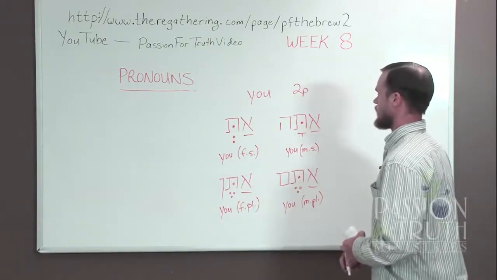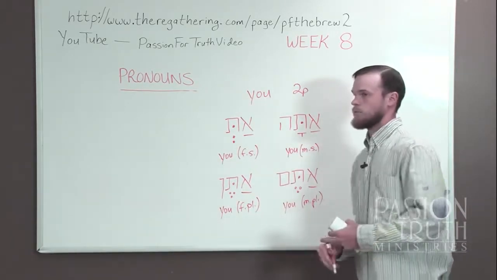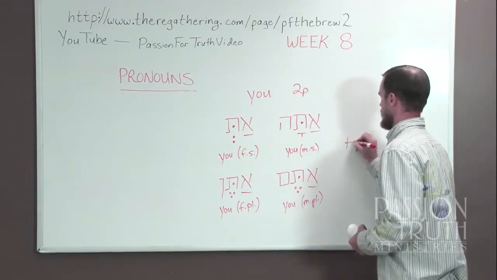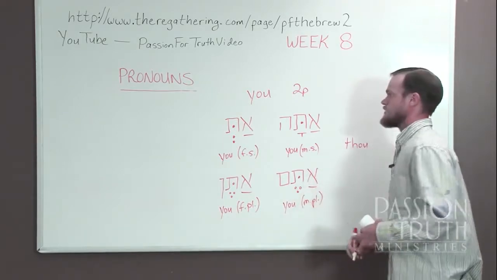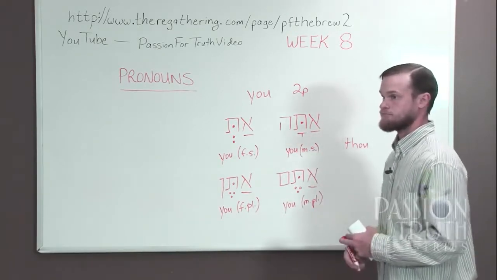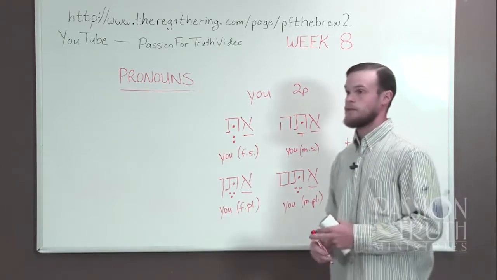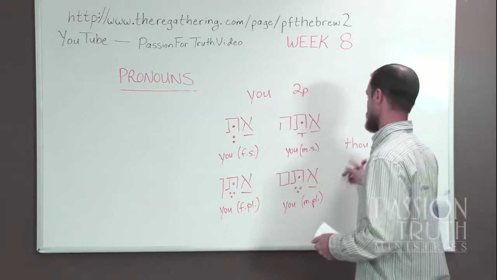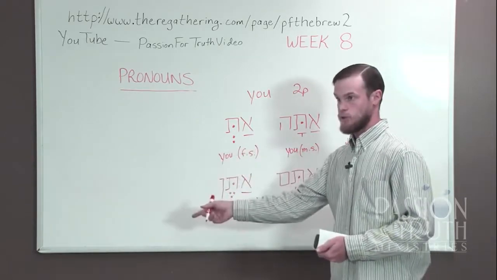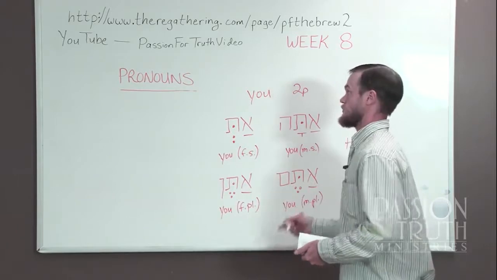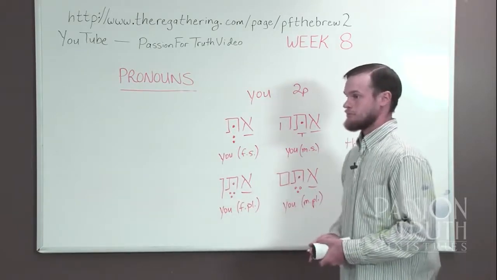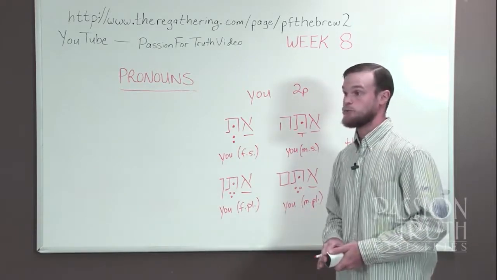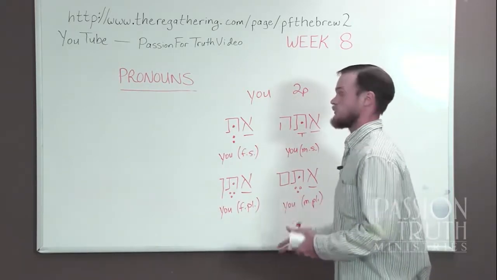There was a time, though, that we would have differentiated between the singular and plural. That's in the older English days when thou was the form of the singular second person. So in the King James, that's why the King James has thou and you. Thou isn't just an older form of you, it actually specifically means you singular. That's why God's always referred to as thou. Okay? And when the Old King James uses the word you, it's referring to a group,